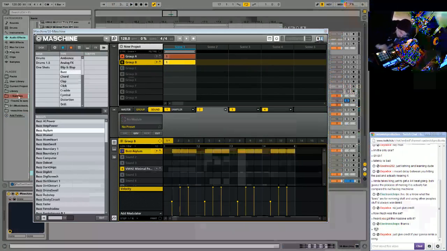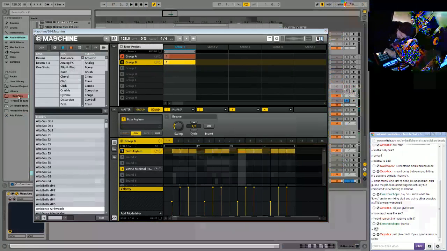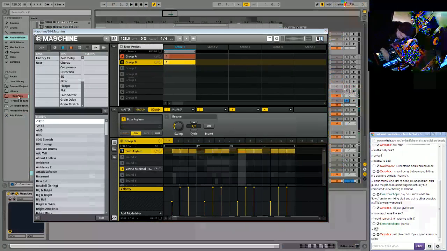Buzz Asylum. Let's try that one out. Okay. Cool. Let's wait. Where the hell did it go? Buzz Asylum. Okay. So it's not the module anymore. Okay, bro. There it is. It's weird. I don't think it's actually an effect you can mess around with. Oh, it's a sample. Weird. Okay, well I guess that's good. So what we'll do is select